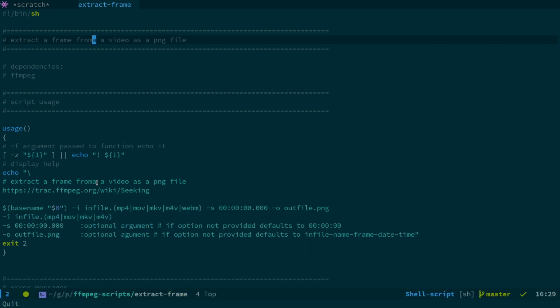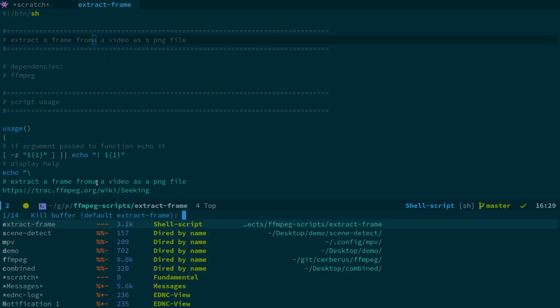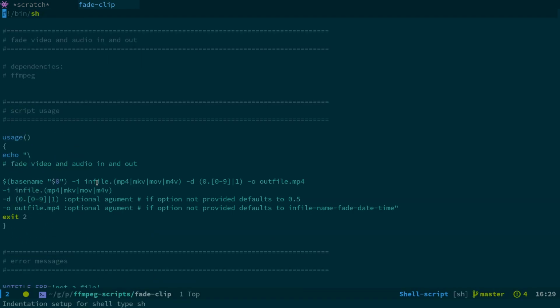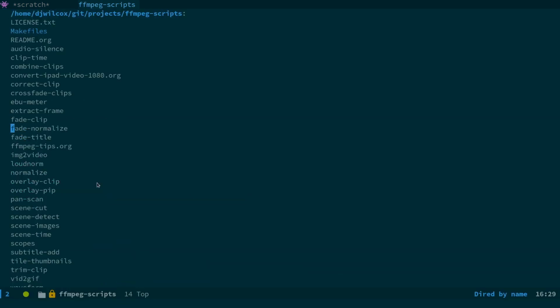And again, this can be used with the find command. And there's examples in the README so that you can basically batch process a whole load of videos and say extract a frame at 30 seconds from each one of these videos. Fade clip. This is fading audio and video in and out. We've got stuff like